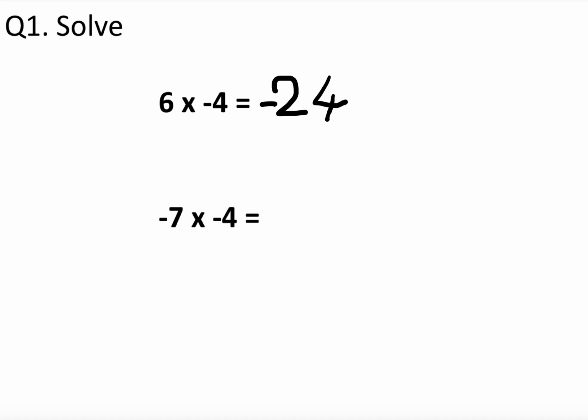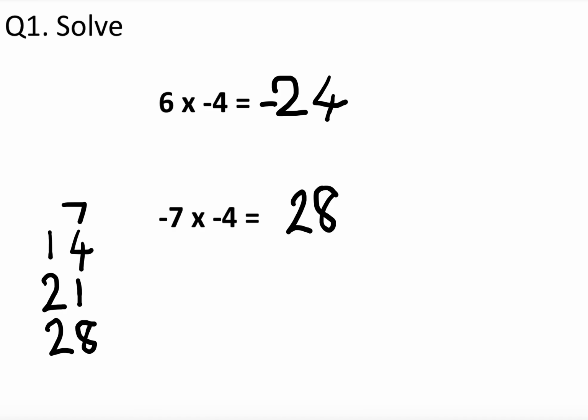So what are 4 sevens? Who knows the multiplication tables? Well, 1 seven is 7. 2 sevens are 14. 3 sevens are 21. 4 sevens are 28. So you could write it down at the side there. It's always good to learn your multiplication tables because they're the basis of all maths. If you really spend some time and learn them, you're going to benefit in long-term maths. So if we write down 28 there,